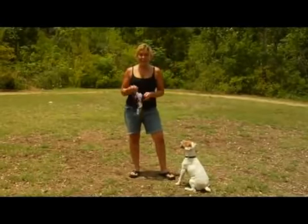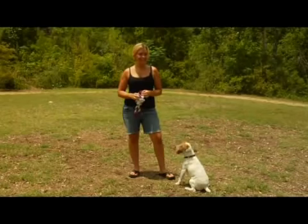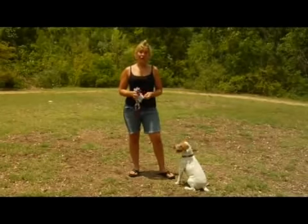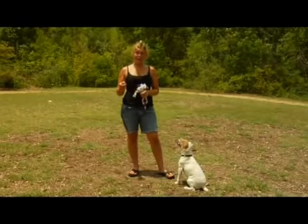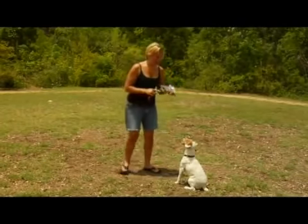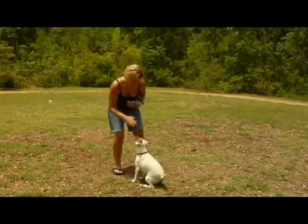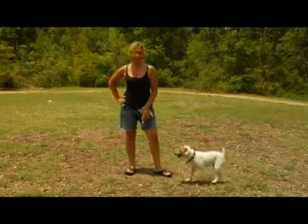One of my favorite games to play at home to teach your dog to find you and to locate you is hide and seek. It's the best way to get your dog to know where you are at all times. So when you're playing hide and seek, if you have another person, you can have one person hold your dog, you go hide somewhere. Let's start making it easy at first. Just go behind a door or something. And then once you do, you make your sound, woohoo! Your dog runs and finds you, they get a handful of food. It's a fun game to play, teaches your dog to find you instead of you looking everywhere going, where is